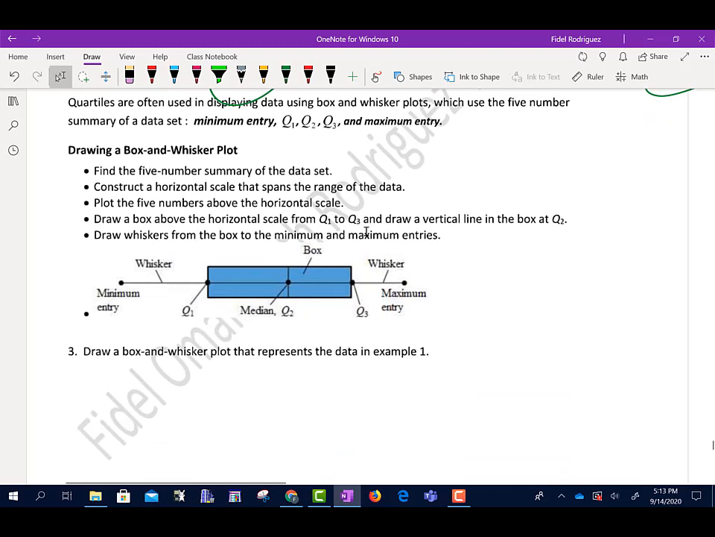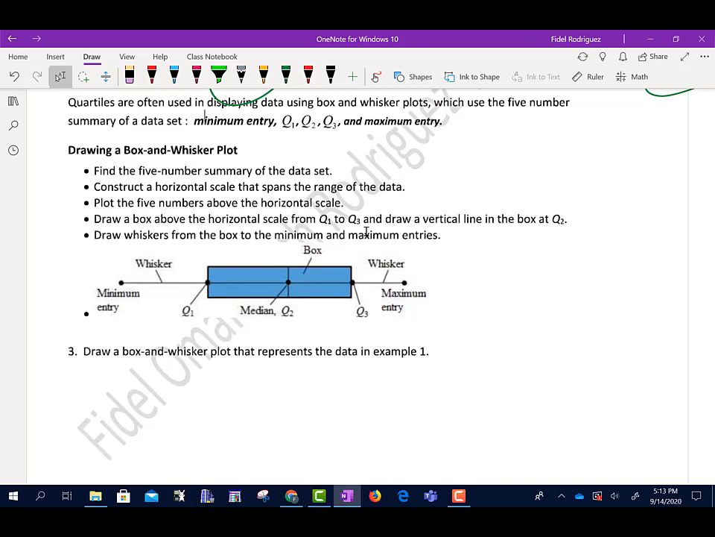All right. So the other thing it says here is that quartiles are often used in displaying data using box and whisker plots, which use the five number data set: the minimum, Q1, Q2, Q3, and the maximum. Okay. So it says here, construct a